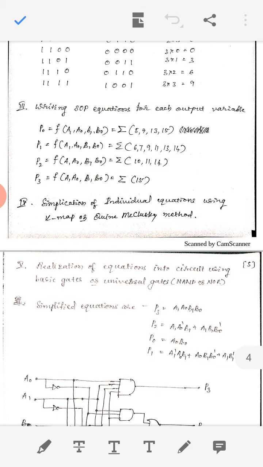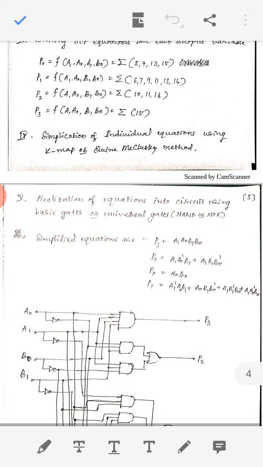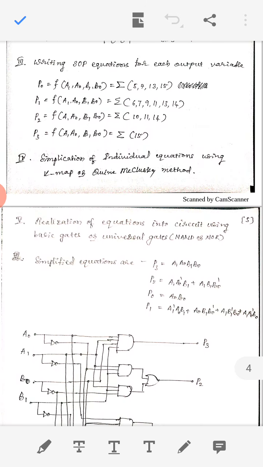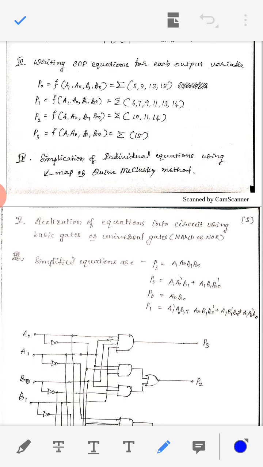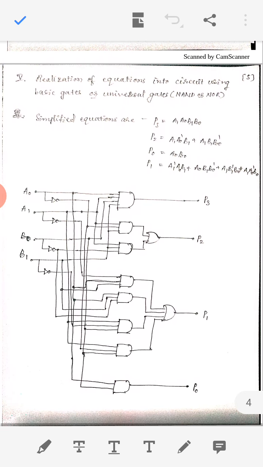So after simplification, the simplification is not done here. We can do it with the K-map or Quine-McCluskey, anything we can do. The simplification process has not been shown at this time. After simplification we got the values